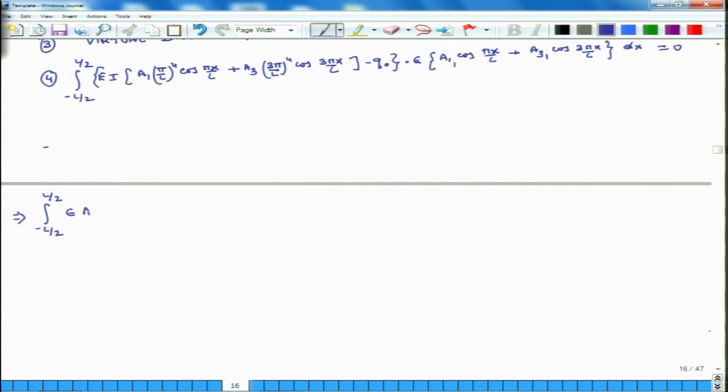So, epsilon A11 cosine pi x over L times EI A1 pi over L to the power of 4 cosine pi x over L plus A3 3 pi over L to the power of 4 cosine 3 pi x over L minus q naught,